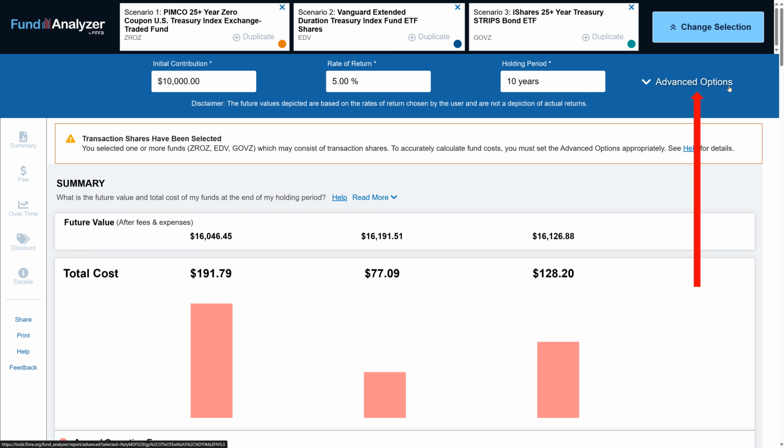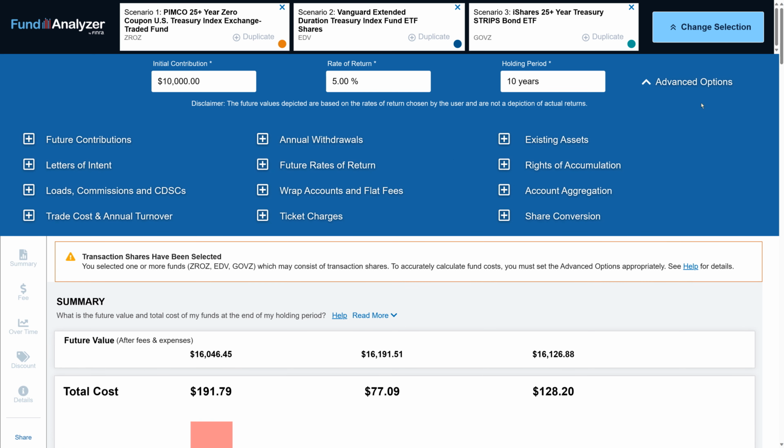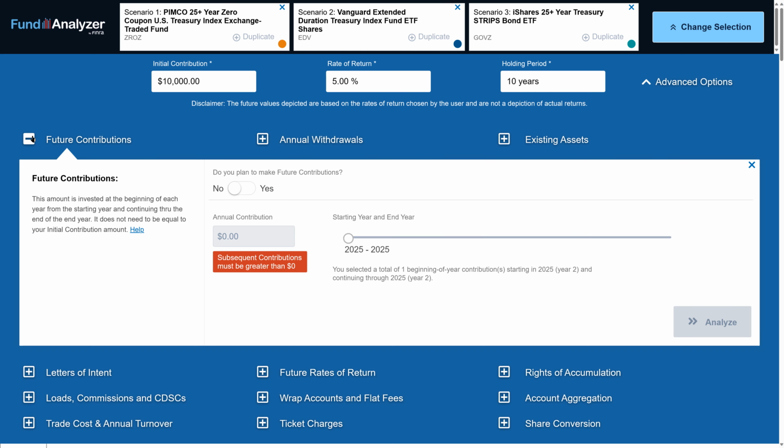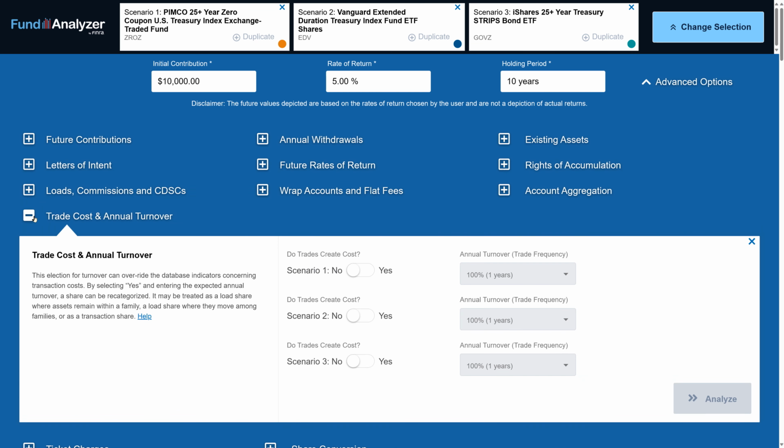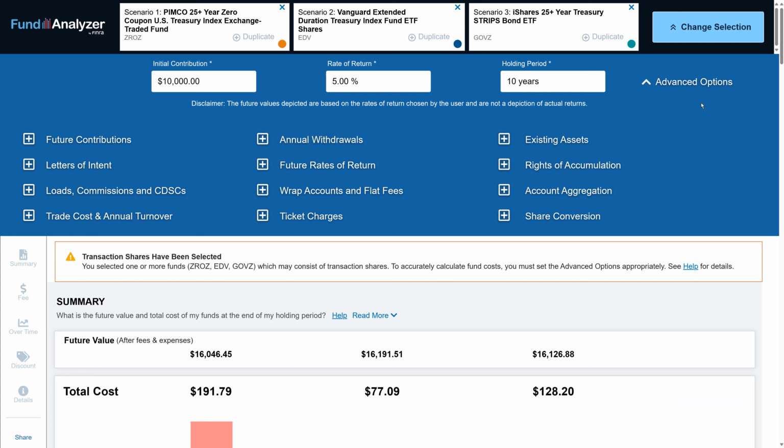The Fund Analyzer also provides advanced options. I am not going to go over this in detail, but this gives you an idea of what is available if you want to dig in deeper. Click on the plus sign next to the option to get more details and to input additional information for that option. Note that some of these options apply only to mutual funds, such as letters of intent, rights of accumulation,